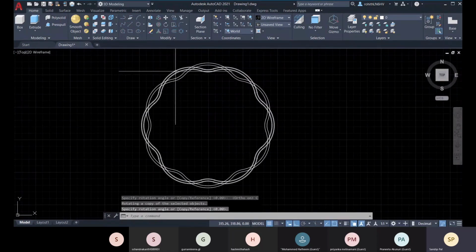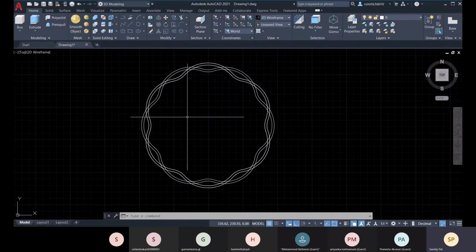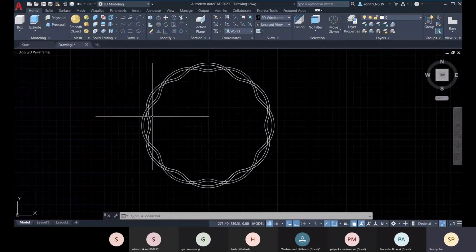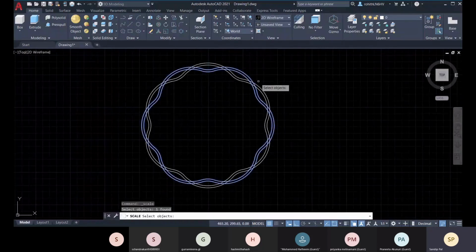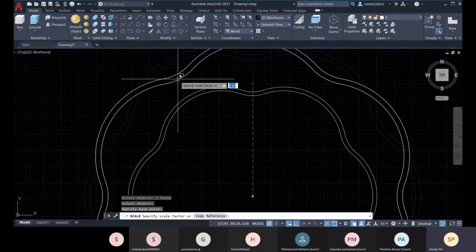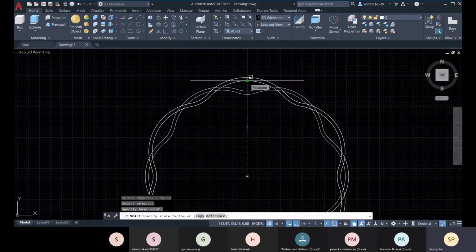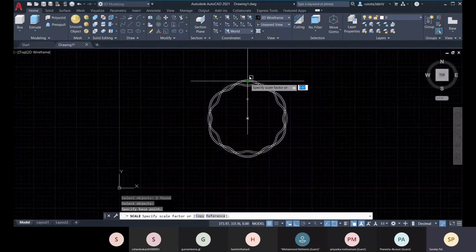Now you have done it, and you can go for making a smaller one, okay, that you can do also. So for that you have to scale it, enter, and the base point is center, and then you define this as the point, okay, like that.